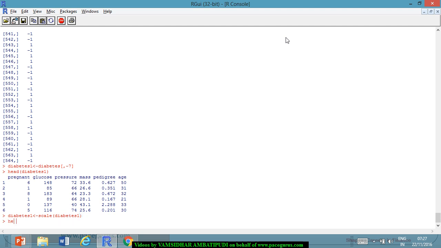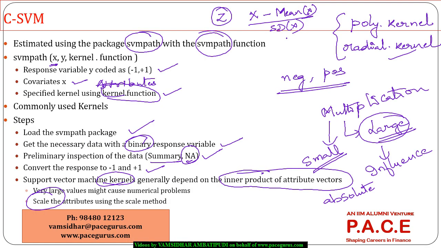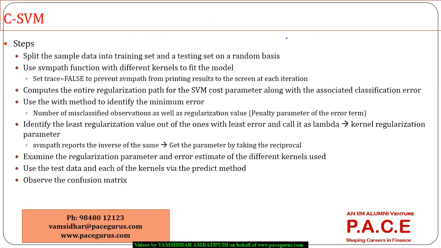So if I look at the first few observations of diabetes 1, I can clearly see that the ranges are more or less in a similar range. There is a very narrow difference between the values. Right? So that's what we do generally to make sure that size really does not influence our decision with respect